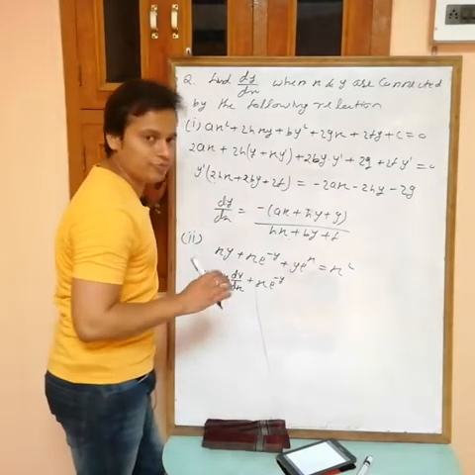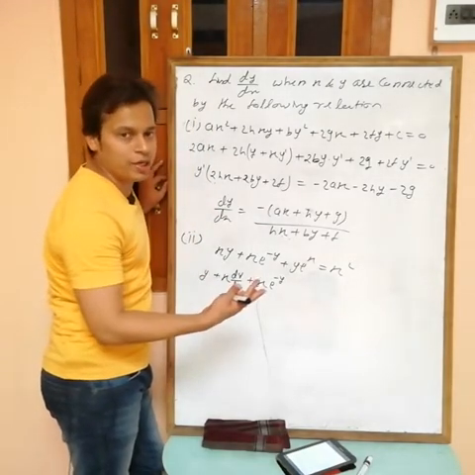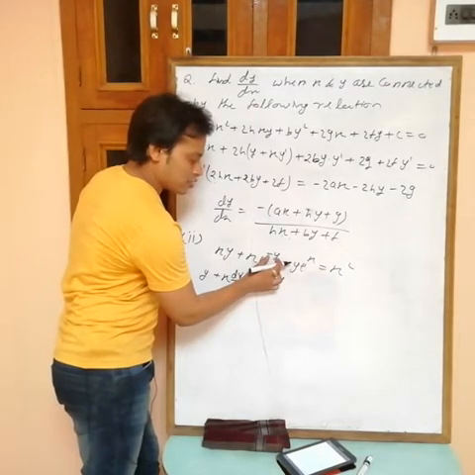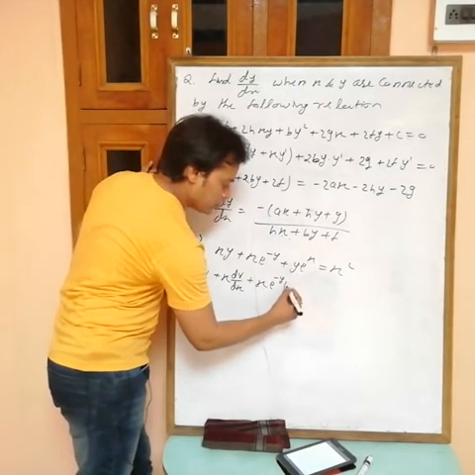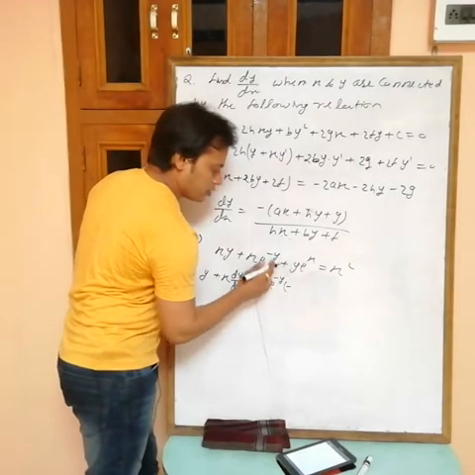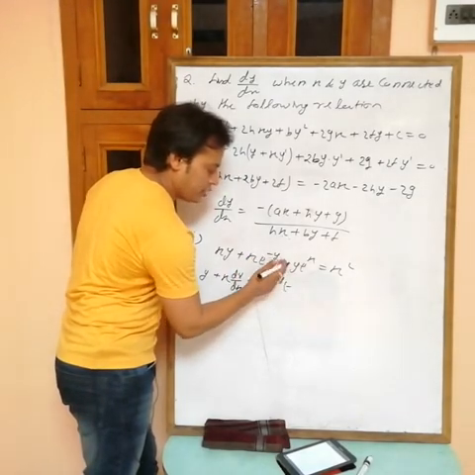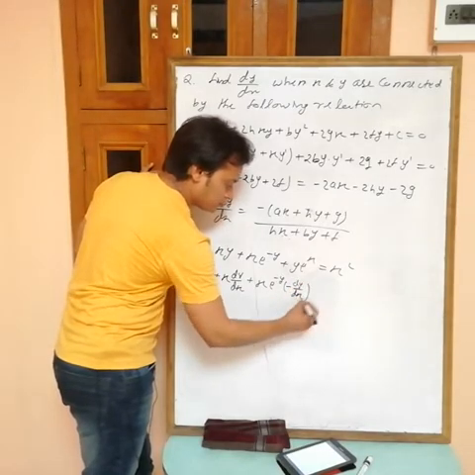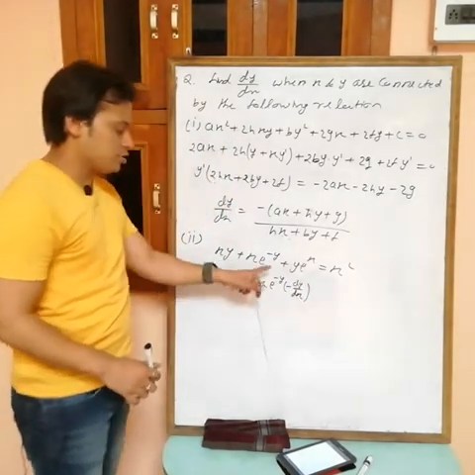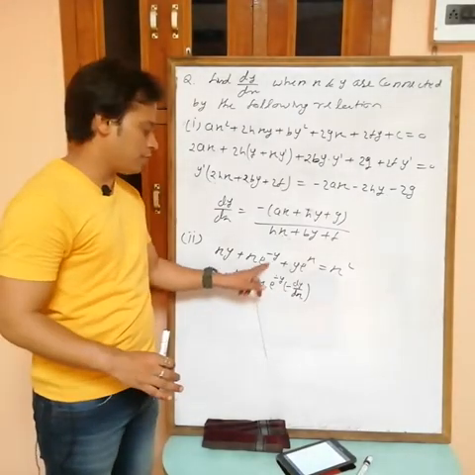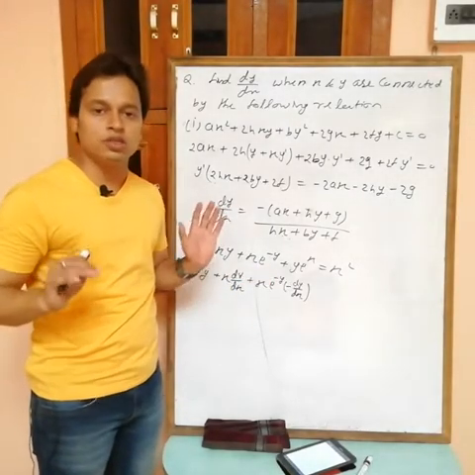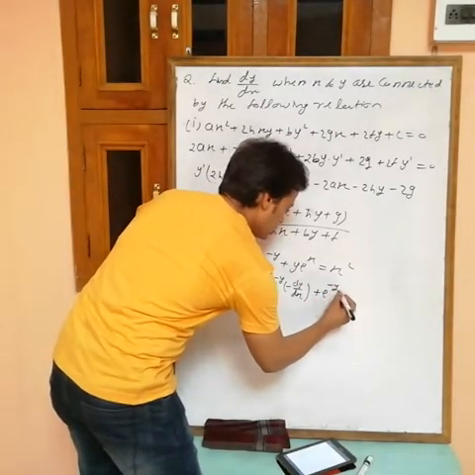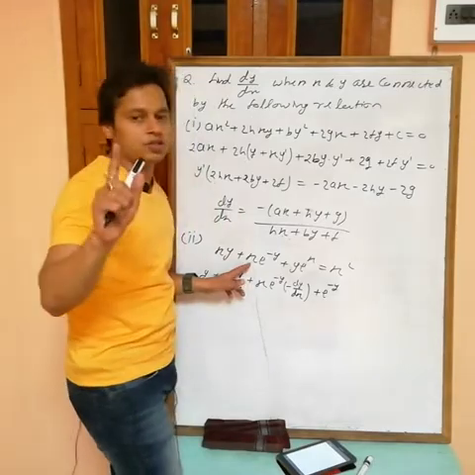Now what do we have to do? Just differentiate the assumed x again and multiply with this. Now we are assuming this one as x, so differentiate this one. Minus is a constant, so outside, and differentiation of y is dy by dx. Now differentiation of e power minus y is done. e power minus y into differentiation of minus y is minus dy by dx. Now e power minus y is constant and differentiation of x is 1.